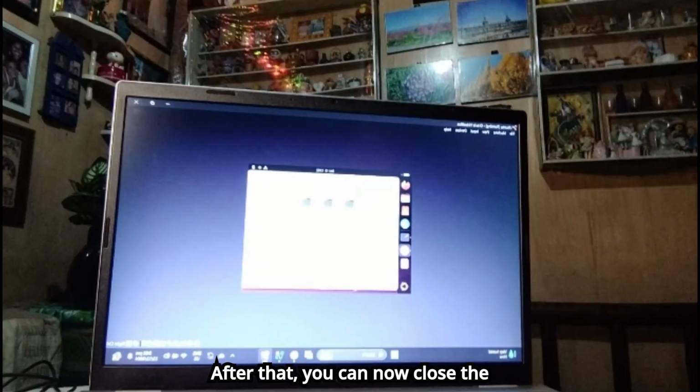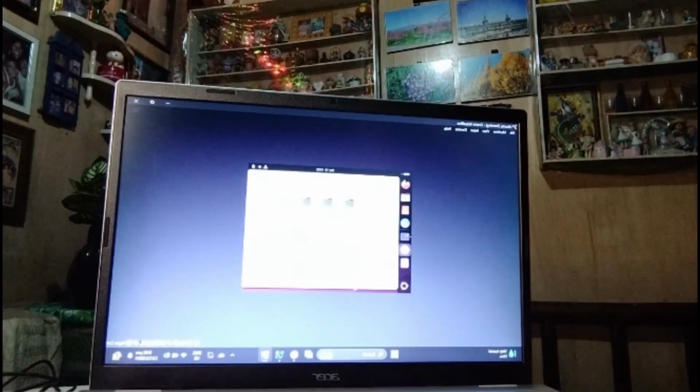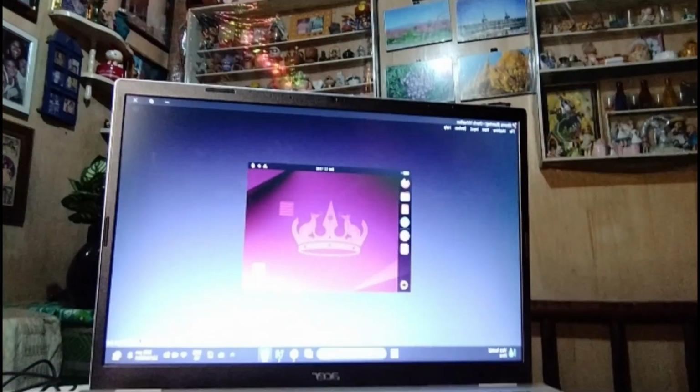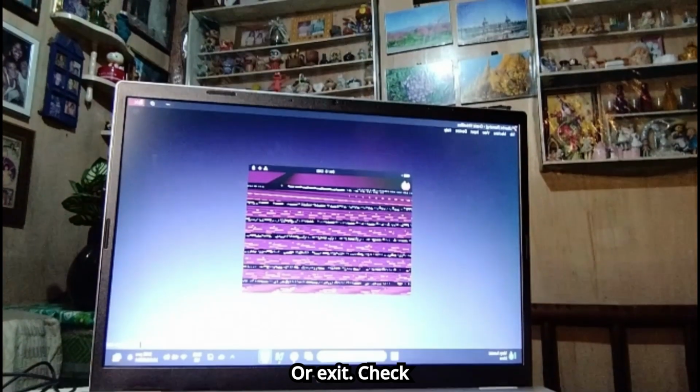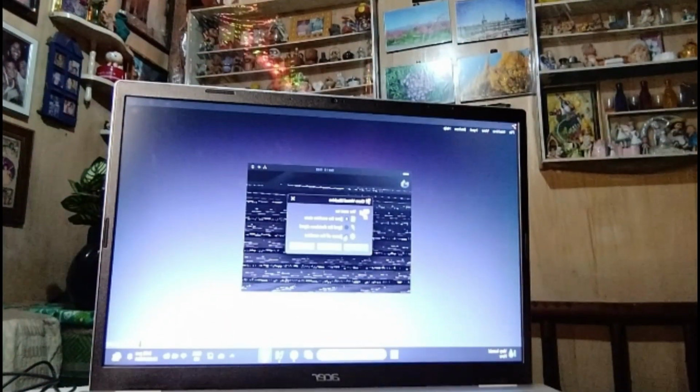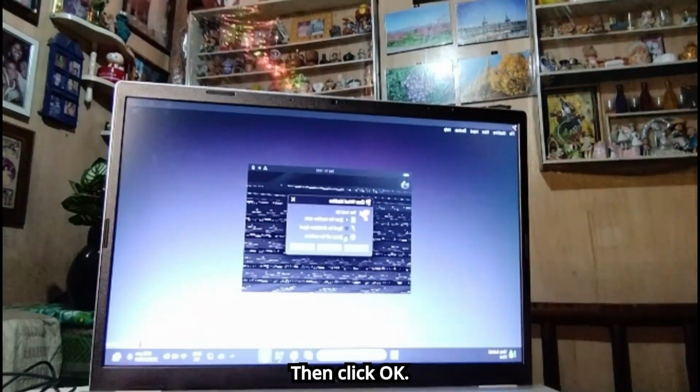After that, you can now close the windows and then click on the X or exit. Check the power off of the machine, then click OK.